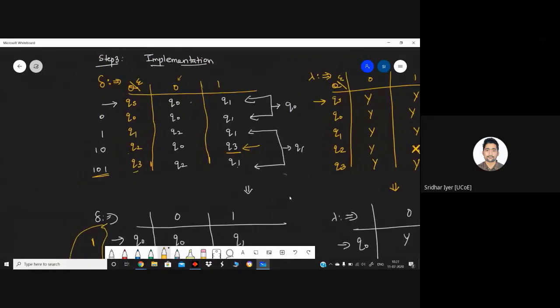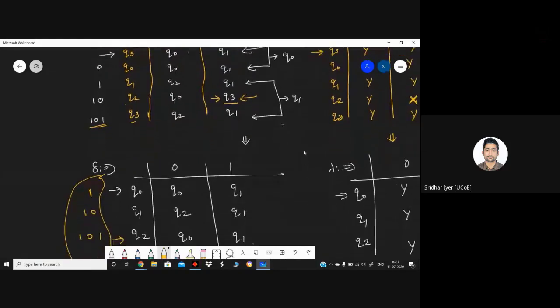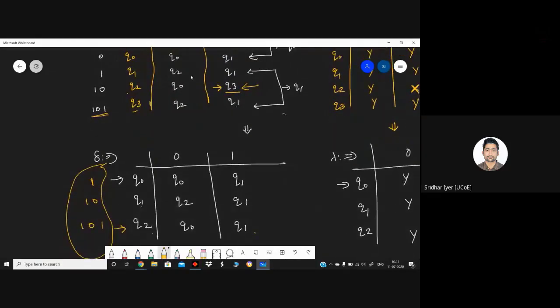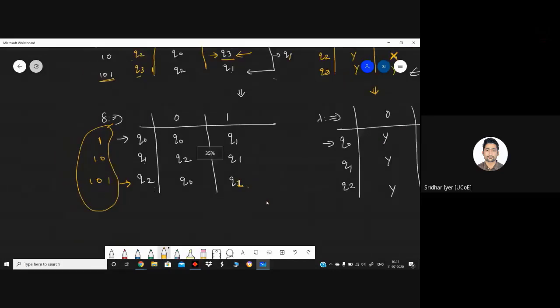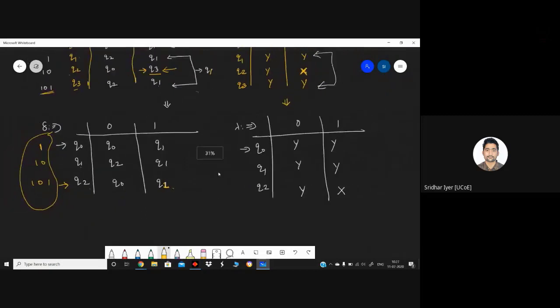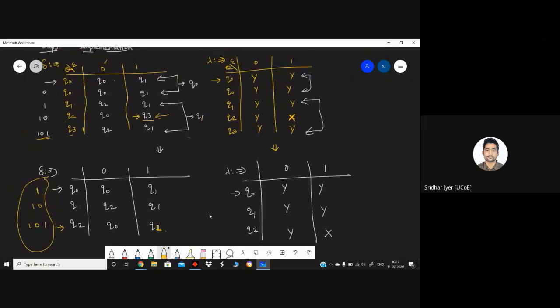I'm again explaining it. You're talking about this, right? If I'm not wrong, kindly let me know. This particular transition you're talking about, right? So this Q3 is already being replaced with Q1. If you see over here, I have combined Q1 and Q3 together and replaced that by Q1. So wherever Q3 is present in my table, that will be now replaced with Q1. That is what I have done over here. Clear? So you have to carefully pay attention wherever you write it again in the exam.